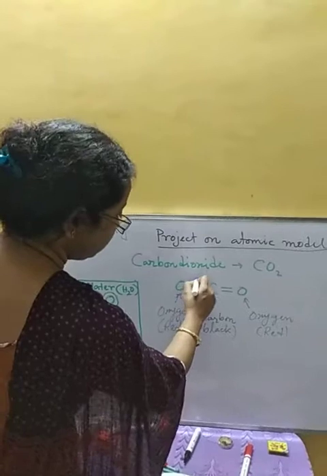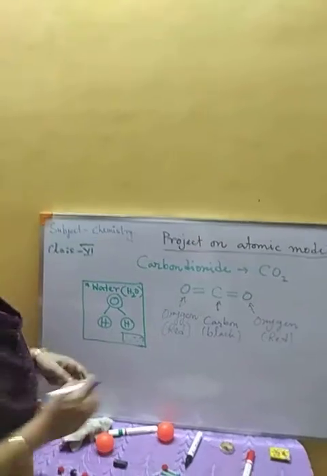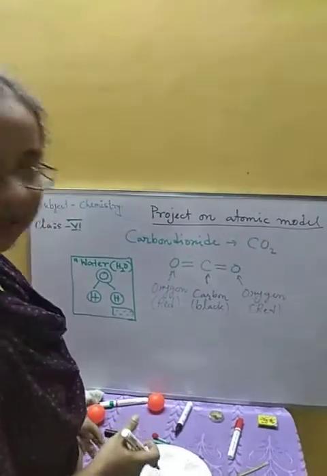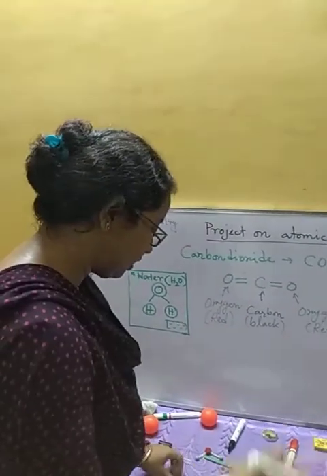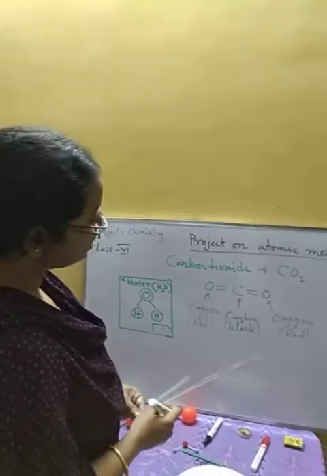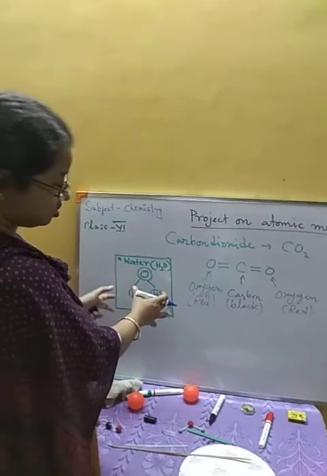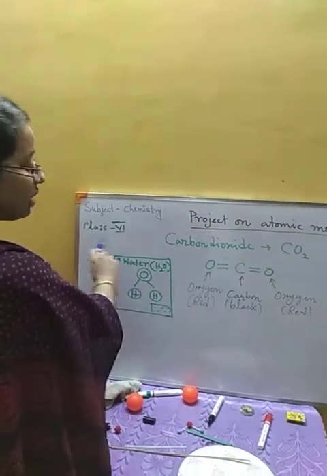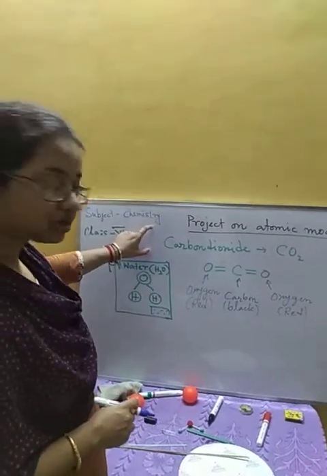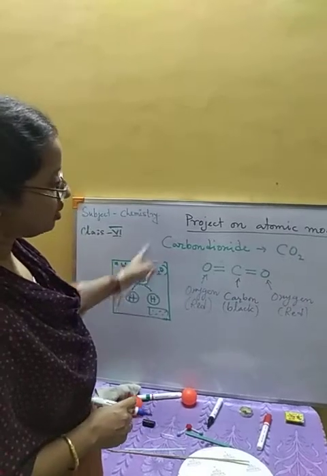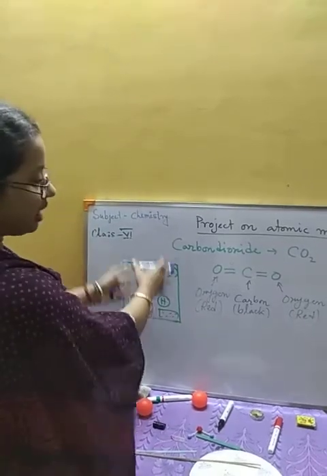Here you can see four chemical bonds are there, so for this we need four sticks. You can make the sticks with any of these three methods I have told, to make the chemical bonds. In the same manner we have to place it on the cardboard and write down the name of the model. If we are doing carbon dioxide, then carbon dioxide will be written here, and in brackets, as we have done for water, the formula.